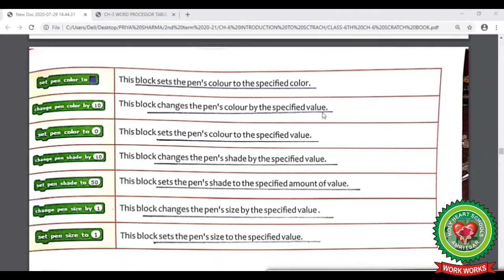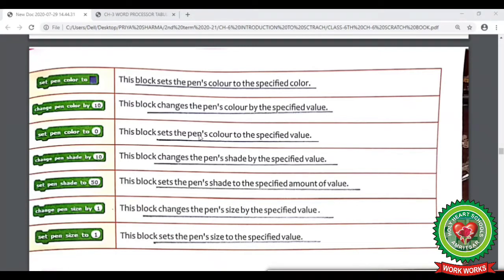As I have already told you, 0 means the darkest shade and 100 means the lightest. In the same way, whatever pen color you have selected, it will change the shade of that pen according to the specified value. Next block is set pen color to 0.